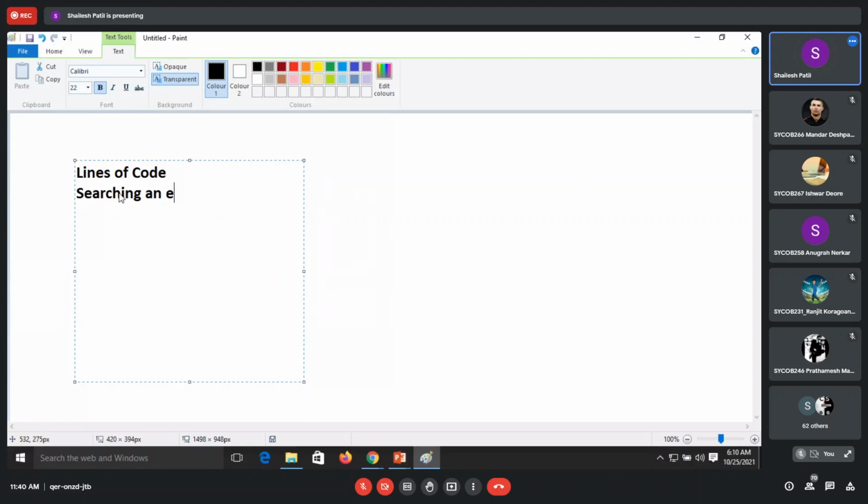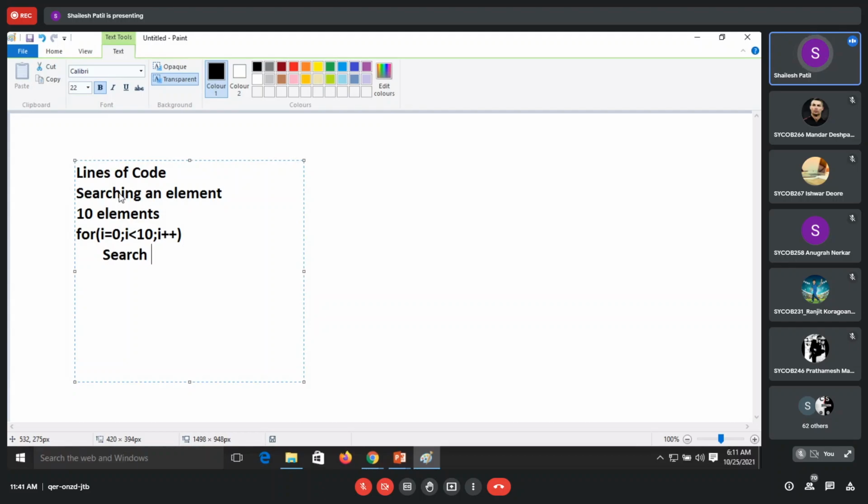Suppose I have to search an element in a list of 10 elements. I can search like this: for i equal to 0, i less than 10, i plus plus, and we are going to search something.